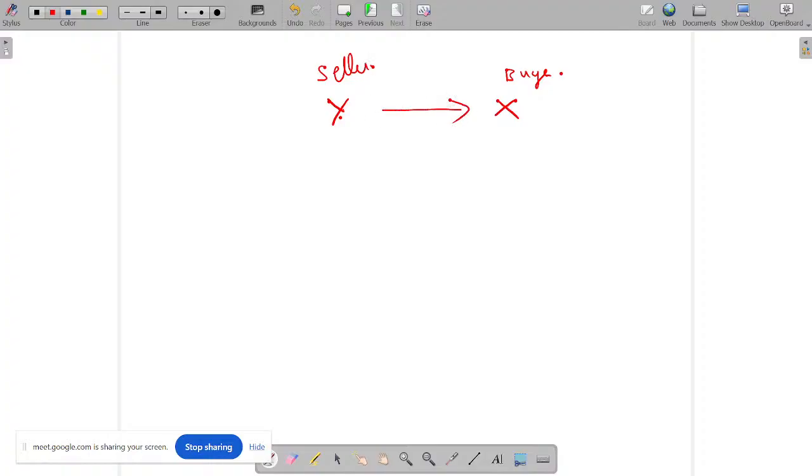See, this content is not directly related with the Sale of Goods Act. I'm trying to link this concept with the Negotiable Instrument Act, trying to bring out that a negotiable instrument is nothing but making a promise. Okay, contract and making a promise. So here I have brought the relationship between two persons X and Y. Who are X and Y? Buyer and seller. So obviously, what is the promise of the buyer? He has to make the payment.